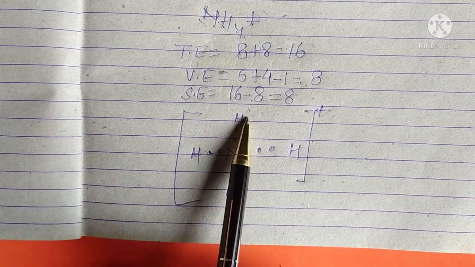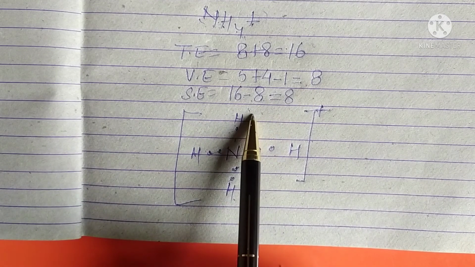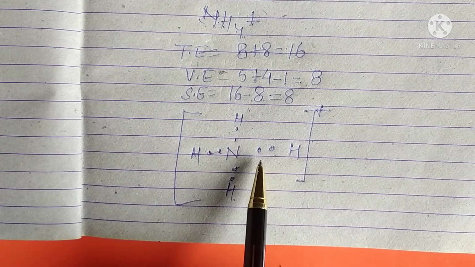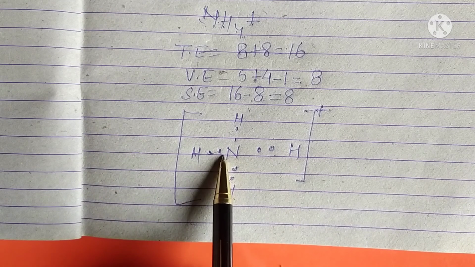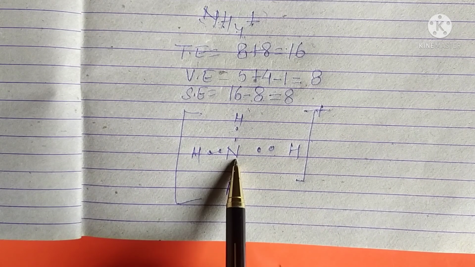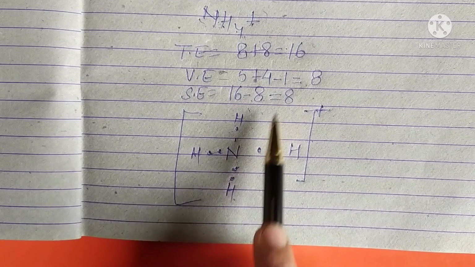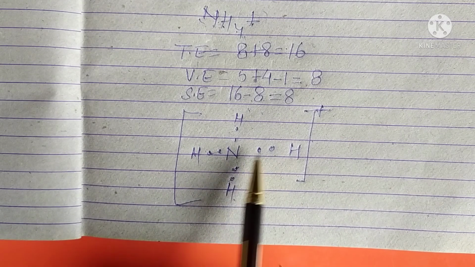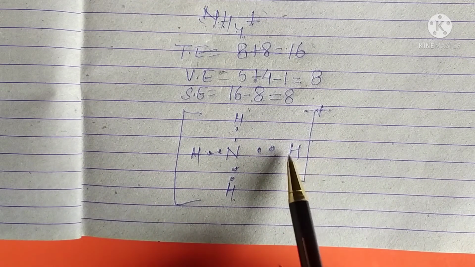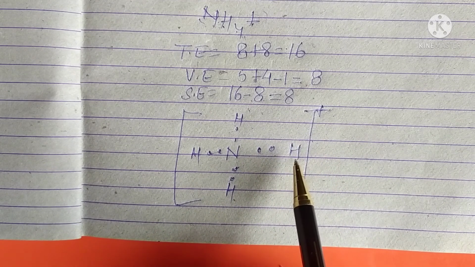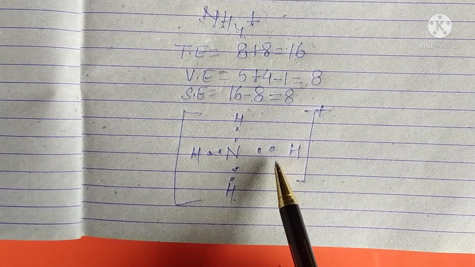The remaining electrons will give us unshared electrons, but that will be found only in the case of elements other than hydrogen. Then the central atom, means the element which is bigger in size or less electronegative or electropositive, will be written in the center, and the remaining will be arranged in the corners, and shared electrons will be equally distributed among the 2 elements, and the unshared electrons will be equally distributed such that the octet of each element is complete. So this is the way to write the Lewis structure of any molecule.